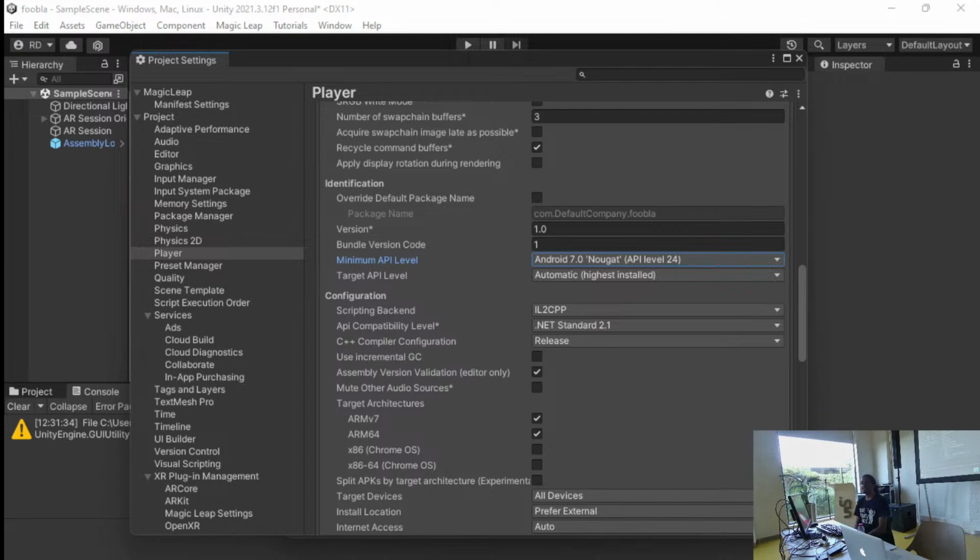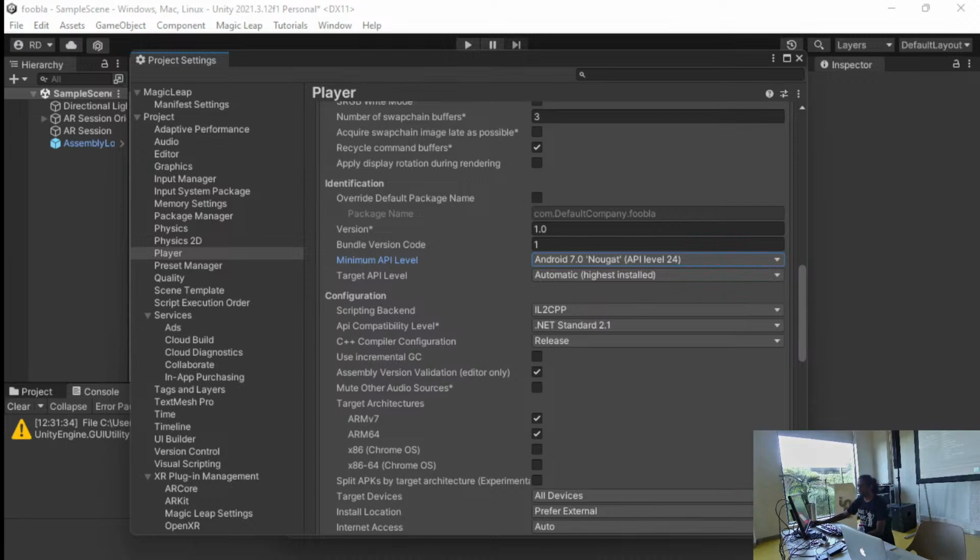If you guys are using Android Studio to emulate your Android device, I wasn't able to try it because my laptop wasn't strong enough, but make sure that you're using